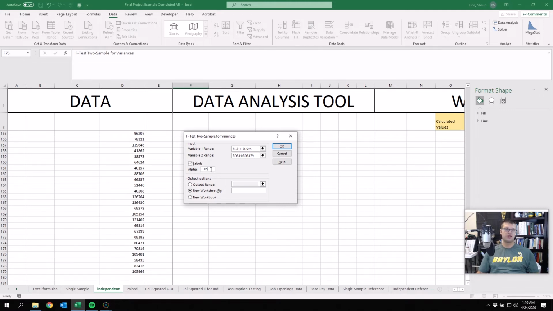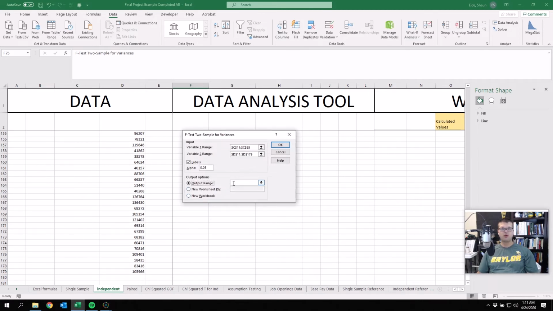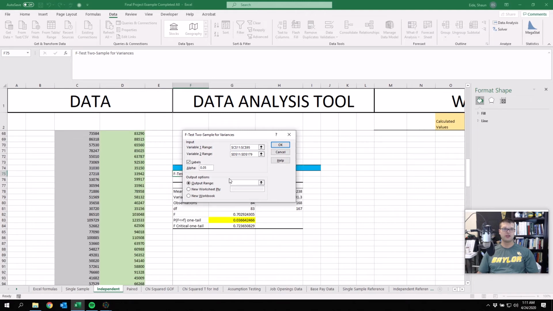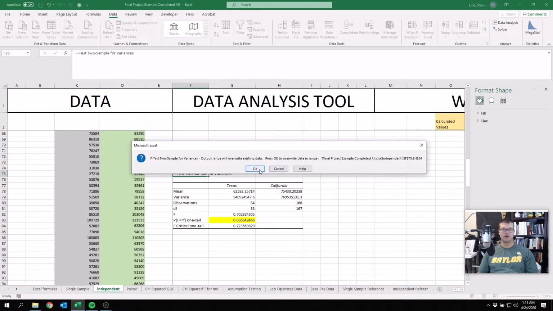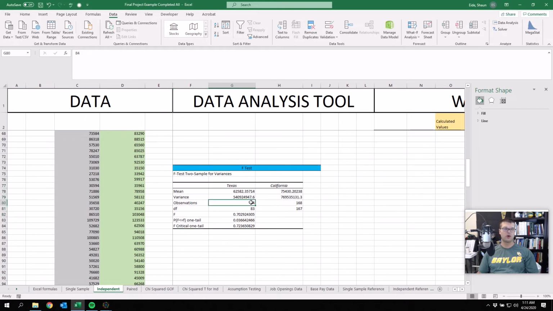And then the alpha, we want the alpha to be 0.05. This alpha has nothing to do with the alpha that you chose for this test. This is an alpha to determine statistical significance for homogeneity of variances. For the output range, we're going to put the output right here, and then press OK. It's going to ask, do you want to write over it? And the answer is, yeah, I'm fine with that. So this F-test,